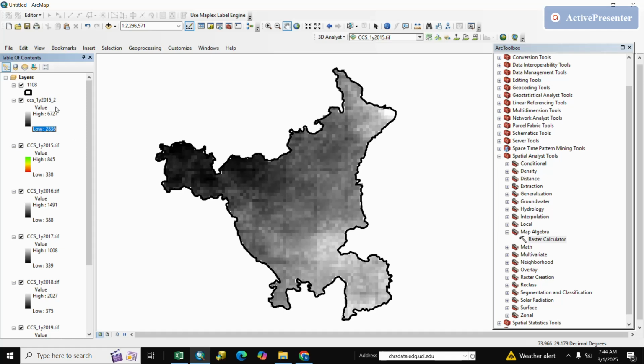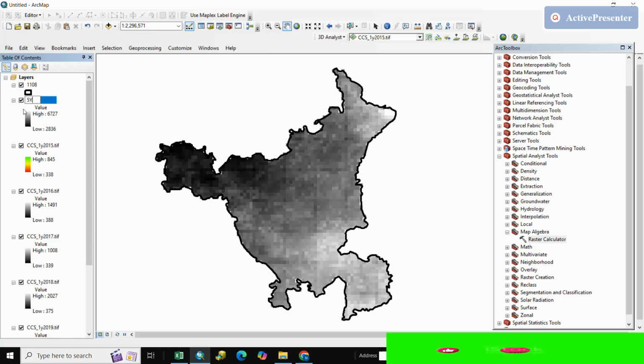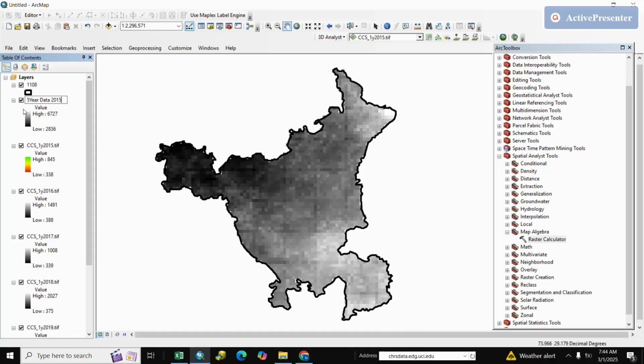Here is our output, and we write here 5-year data, 2015 to 2020, and we change the ramp color as per your requirement.